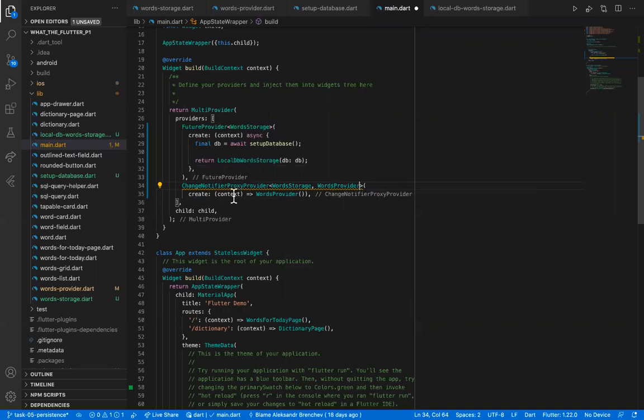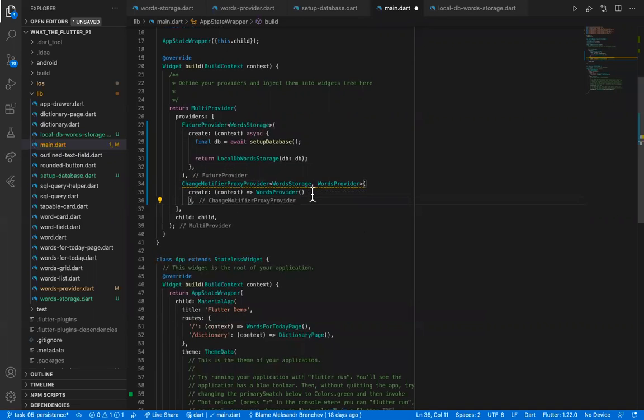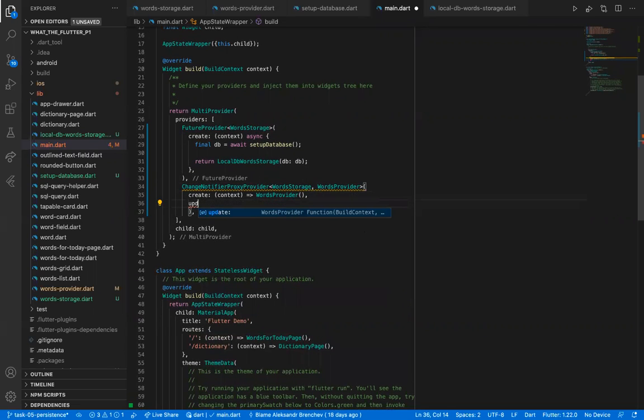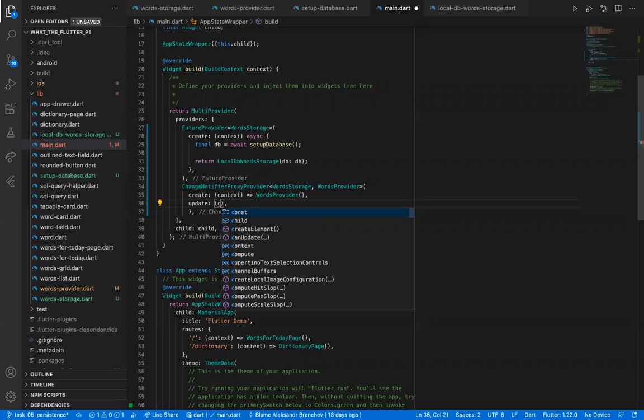Now we already defined some create callback to perform the instantiation of our storage, of our provider, sorry. And then we need to define an update callback, which is going to be responsible for injecting our